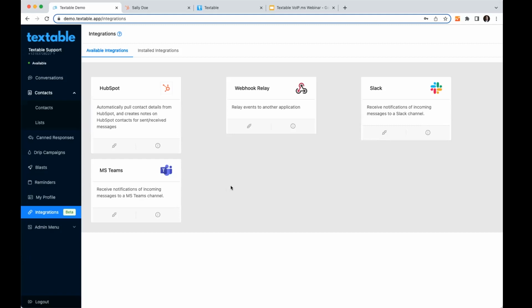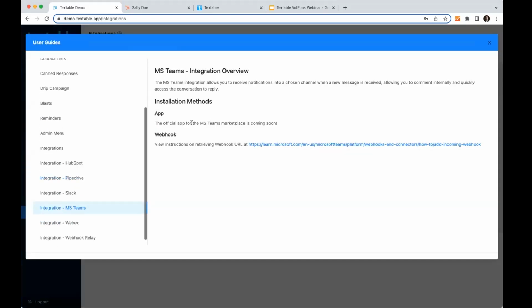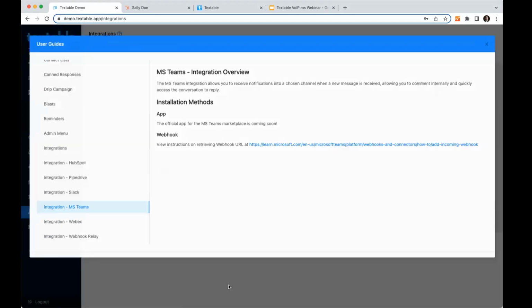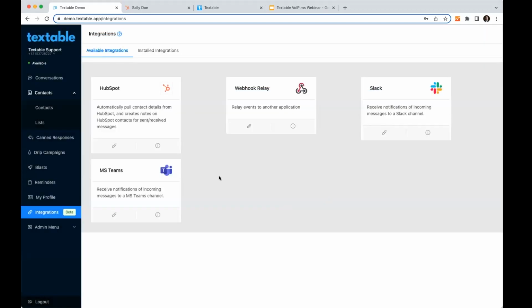And then in the future, we're enhancing that integration, probably a month or so, where you'll see the ability to reply actually inside of your chat app. So there'll be a text box or a button that says reply, and you'll be able to actually reply right inline without leaving. So we're pretty excited to see that. And like I said, there's instructions on setting each one of these up with webhooks today. And we'll probably be putting out a video too, just to make sure there's not too much confusion there.